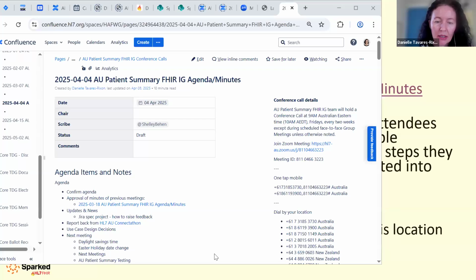All right, I'll launch the electronic poll. So this is for approval of the minutes of the previous meeting. If you weren't there, you can absolutely click abstain. Please select affirmative if you're happy for the minutes of the meeting to be approved. And please select negative if you need more time to review or if there's something that you think needs to be changed in those minutes.